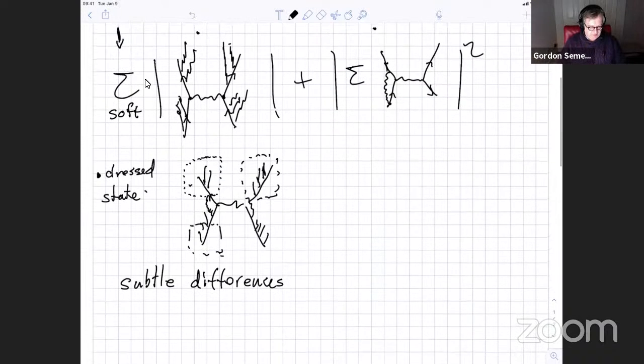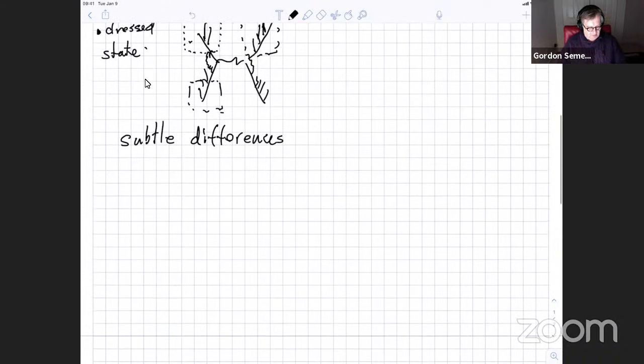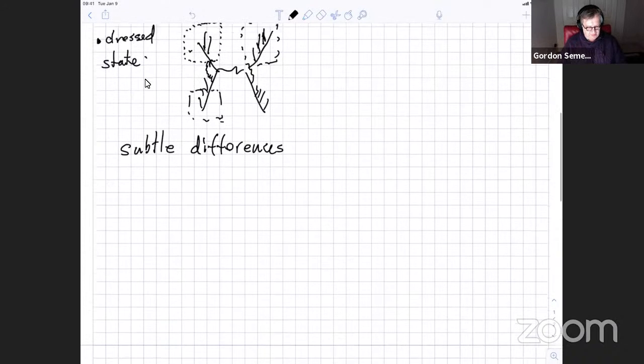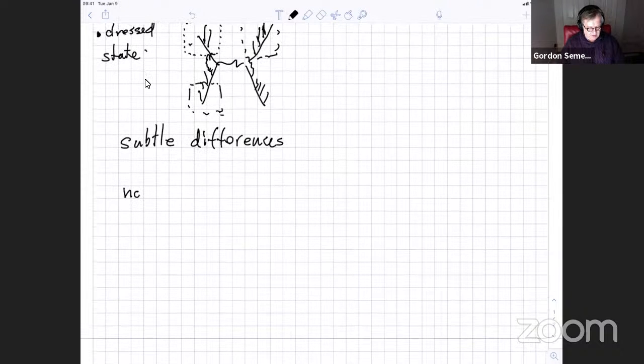Okay, so that's supposed to be a lightning review of QED. What I would like to do is think about this problem in non-abelian gauge theory. And that's a formidable exercise, actually. There's been tons of work over the years on doing this. There's even a theorem